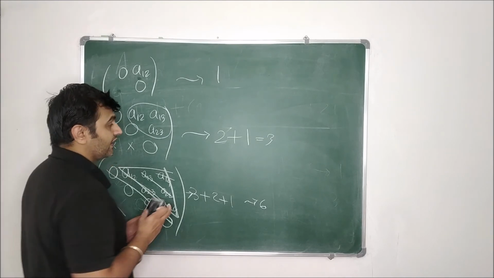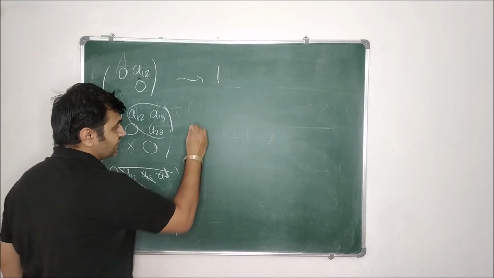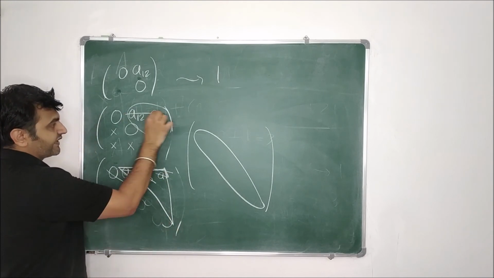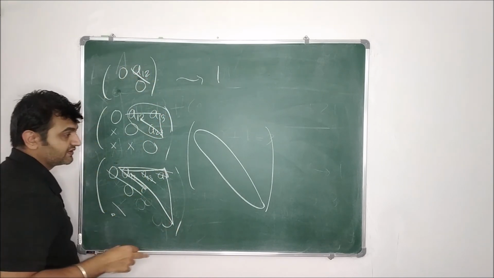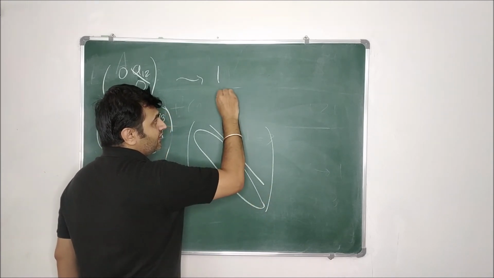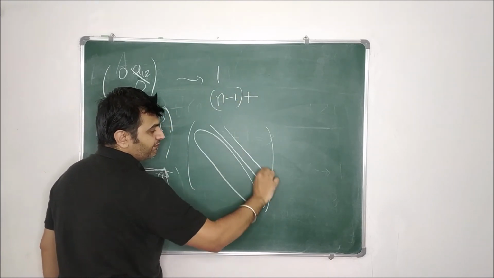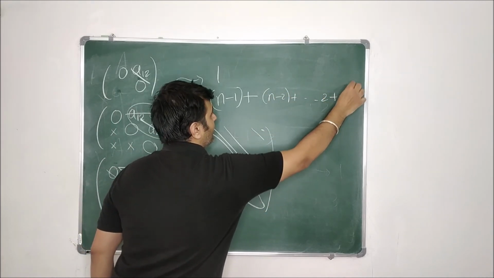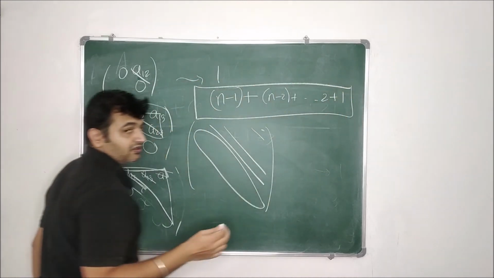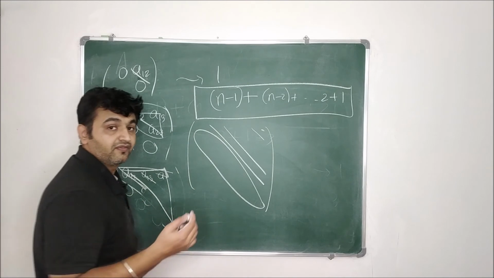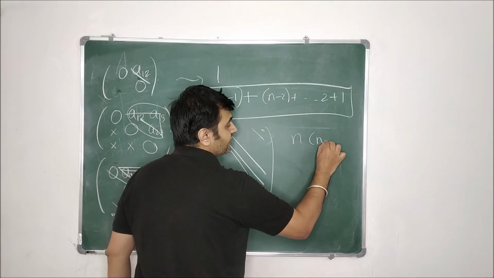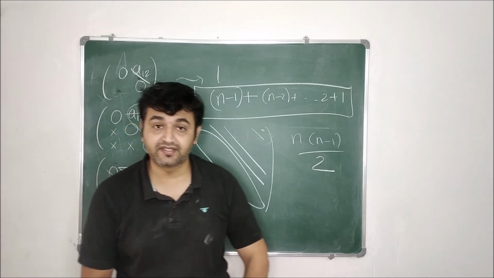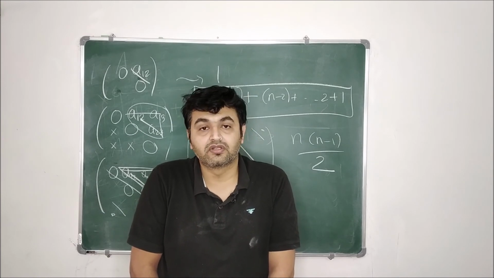And in general, if you have an n cross n skew symmetric matrix, again the same thing. So these are 0, and as you have seen, I only need the strictly upper triangular part, no diagonals. So in the upper triangular part, how many entries will there be? n minus 1. In the next row it will be n minus 2, and if you keep on going, 2 and 1. And it's the same thing which we got earlier when we found the basis. And what is the sum of the first n minus 1 natural numbers? It is n into n minus 1 by 2.